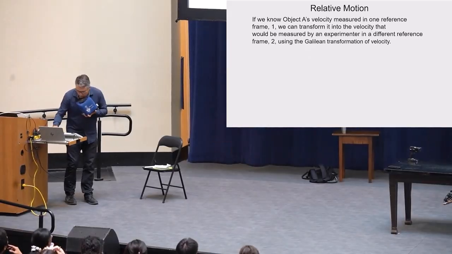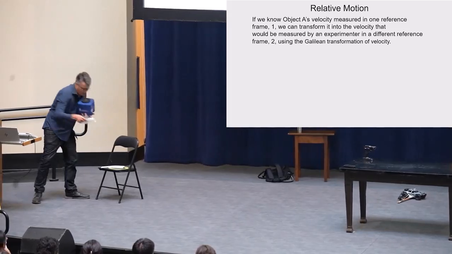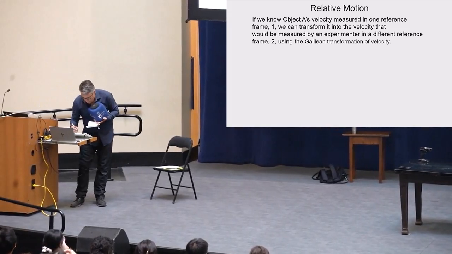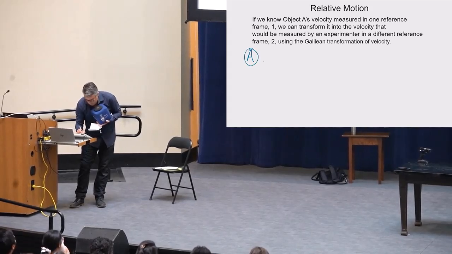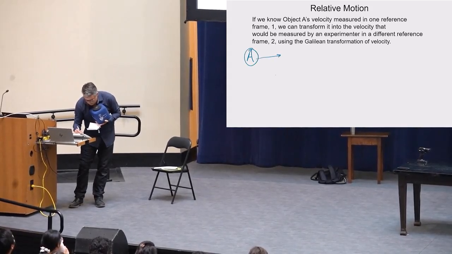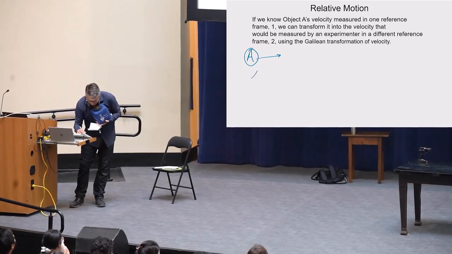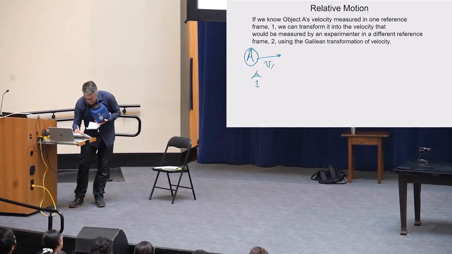Okay, next thing I want to do is go through a little bit of relative motion. So if we know that there's some object, A, and it's moving in some reference frame, maybe this is like an eyeball or something like that, 1, then it's got some velocity VA